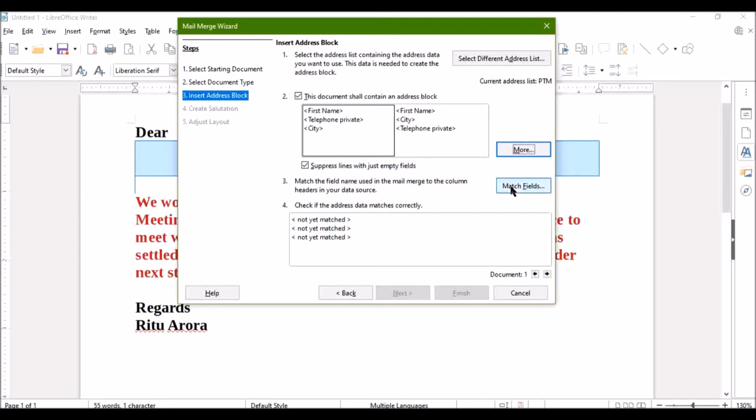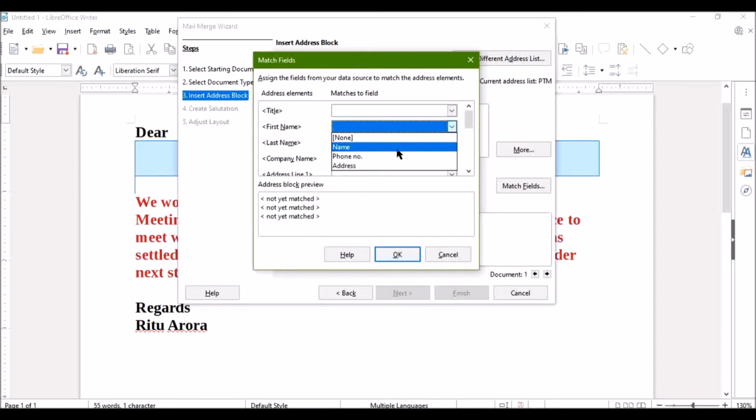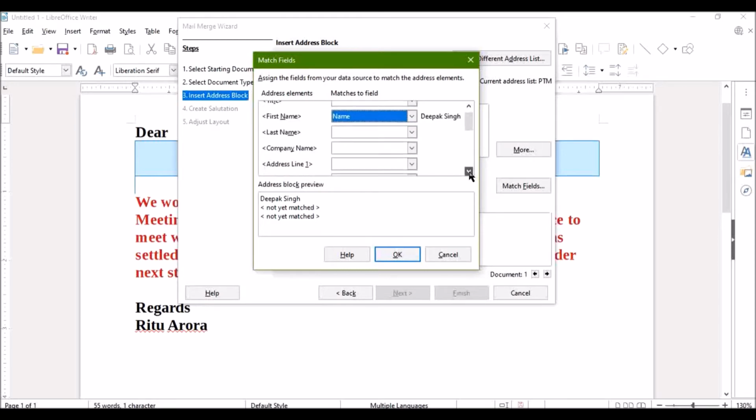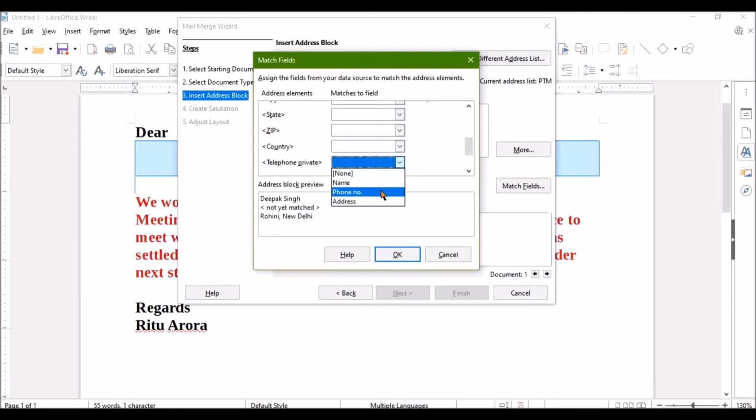So now we have to match the fields. What field with what we have to match, this we have to specify. So first name I want to match with name. First name is by default and I have created name, so I want to match it with name. Then next is your city. City I want to match with address. There it is city, and I have made my column as the name of address, so I will click address over here. Then they are having telephone private, but I have created a column of phone number, so I will